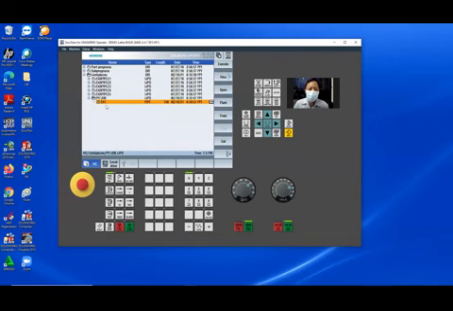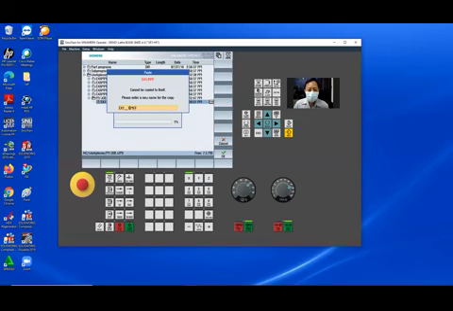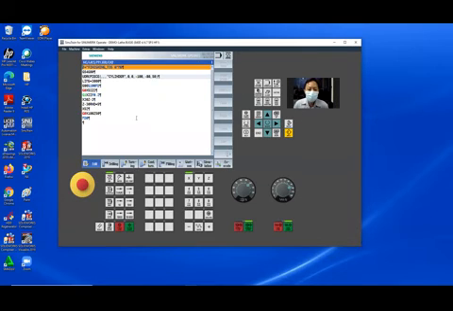As usual, I want to copy, paste, exercise 2. Edit the exercise 2. Now I want to cut only 2 millimeter. How is this?